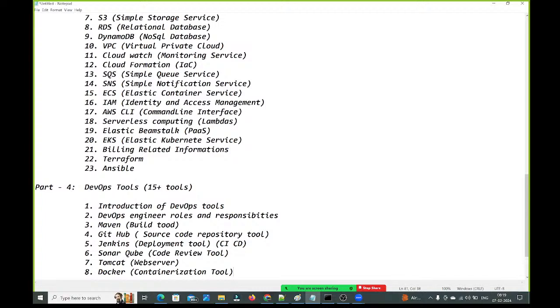If you want to work with Kubernetes, then you should have an idea of Docker containers. Okay, what is Kubernetes? Kubernetes is the orchestration tool. By using Kubernetes, what are we going to do? We are going to manage the containers which we have created by using Docker. Whatever containers you have created using Docker, we need to manage those containers by using Kubernetes, guys. So that's why if you want to work with Kubernetes, you should have an idea of Docker.